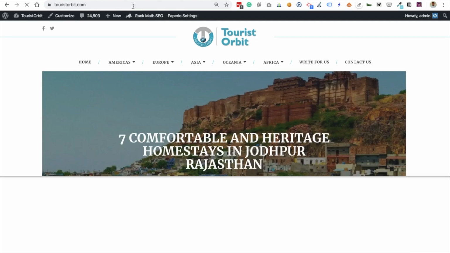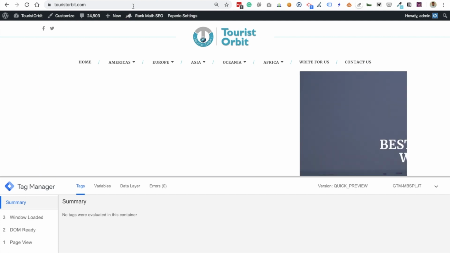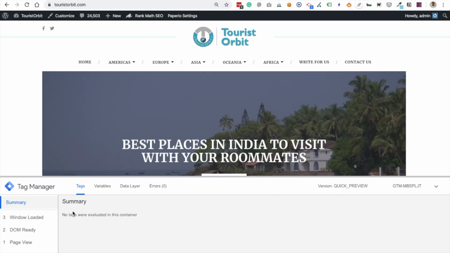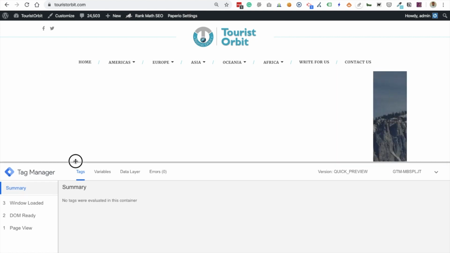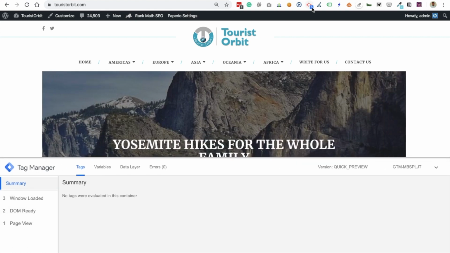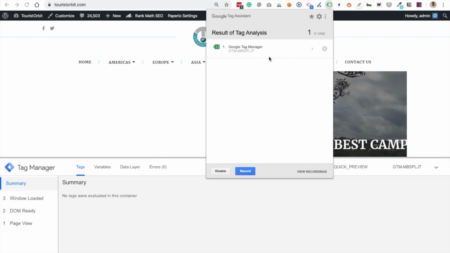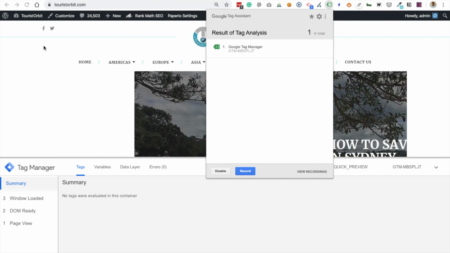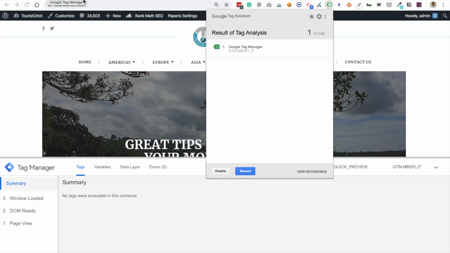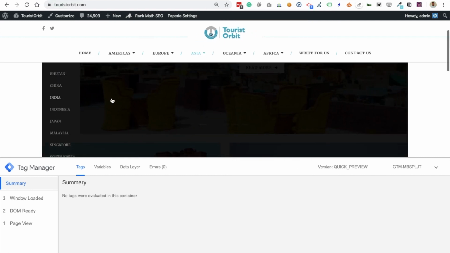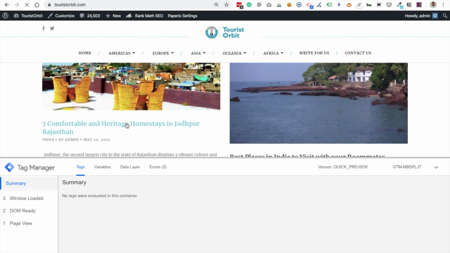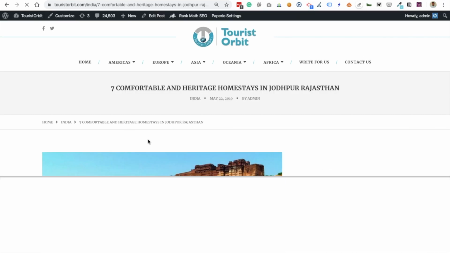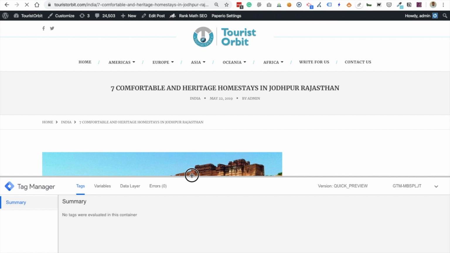Once you refresh the page, at the bottom you can see the preview and debug mode by Google Tag Manager, and you can also see your Google Tag Manager code in the Google Tag Assistant plugin. You can also verify the other pages on your website to see if that code is successfully firing or not. You can see here.